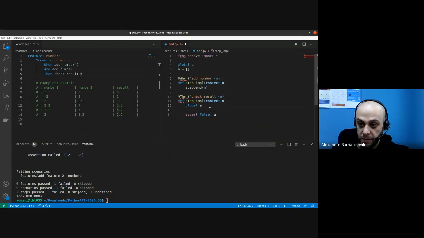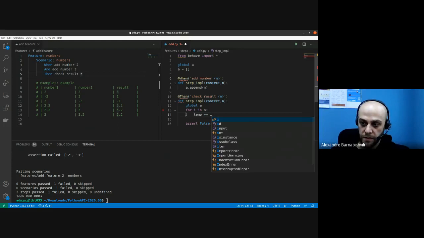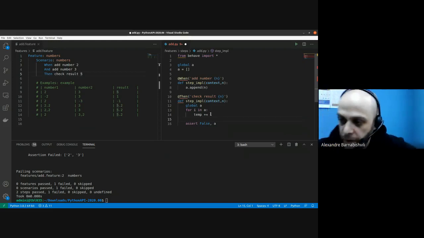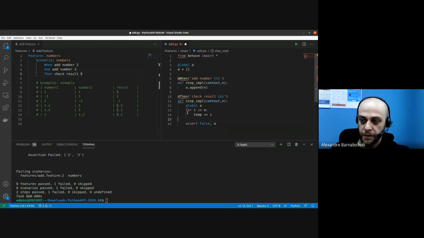So we leave this A here because it's needed, and for addition we will use for loops. I will just type it and then explain what I did. So in this case, this is the way for loops work in Python. Not the only way, but one way. It has very simple logic: it will loop inside this A list as many times as it has elements, and each element will be assigned to I,